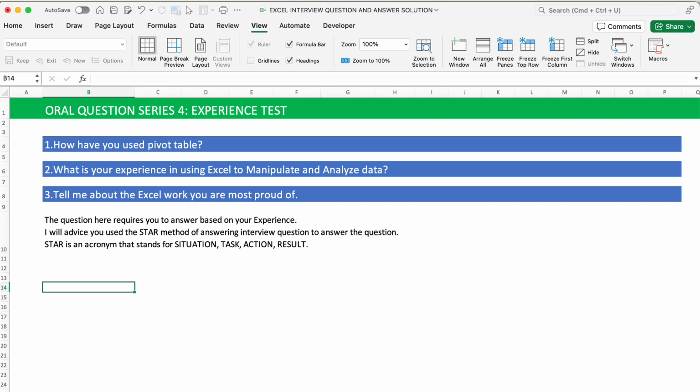You are approached by the sales manager in your company to help analyze the sales data. He wants to know how the salesmen performed during the year that just passed. That's the situation. Your task is to analyze the sales data and provide how each salesman performed by month and by each quarter. Action. The action you took is to pivot the data using your pivot table,